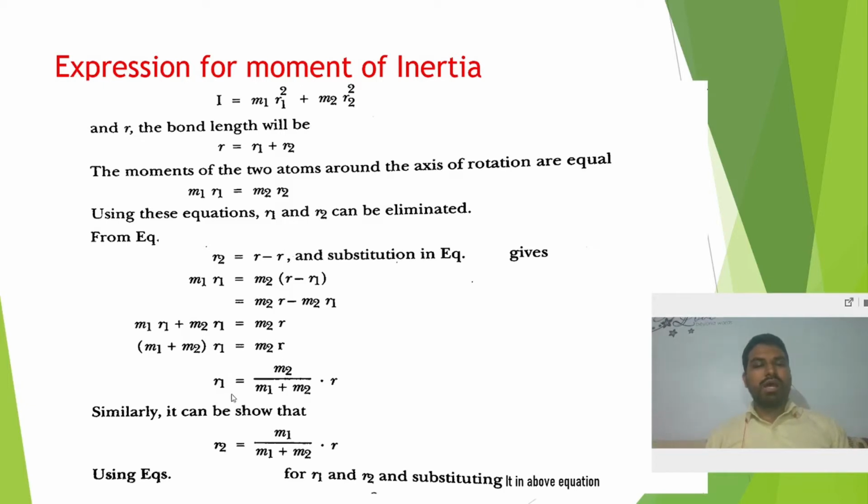Now what is r1? Now rearranging these terms, we will get r1 is equals to m2 upon m1 plus m2 into r. Similarly, it can be shown that r2 is equals to m1 upon m1 plus m2 into r. Using these two equations for r1 and r2 and substituting it in the above equation, we will get,